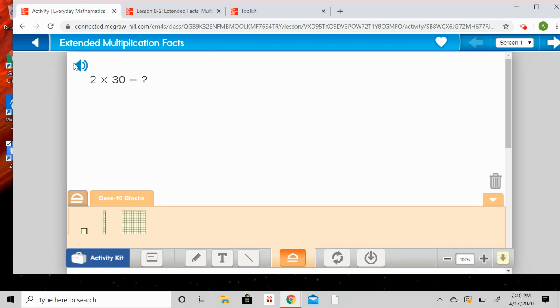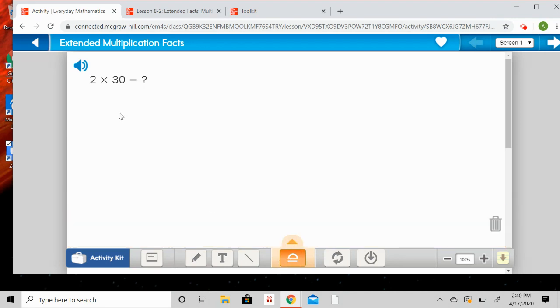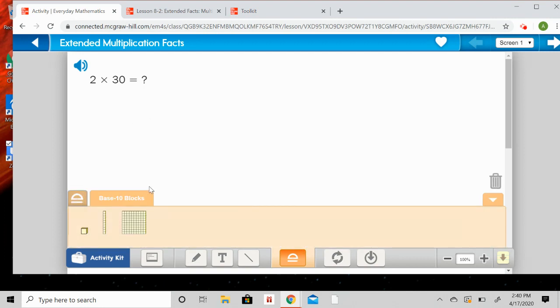So our first fact, if you click on it, says 2 times 30. So 2 times 30. That is 2 groups of 30. So I'm going to model that using base 10 blocks. So I'm going to take my longs, 1, 10, 20, 30. That's one group of 30. Then I'm going to take another group of 10, 20,